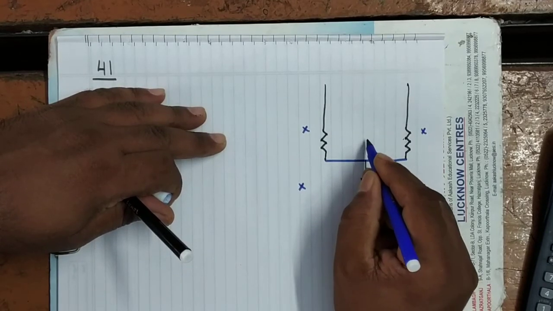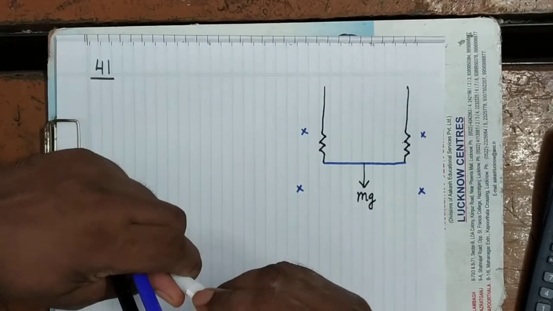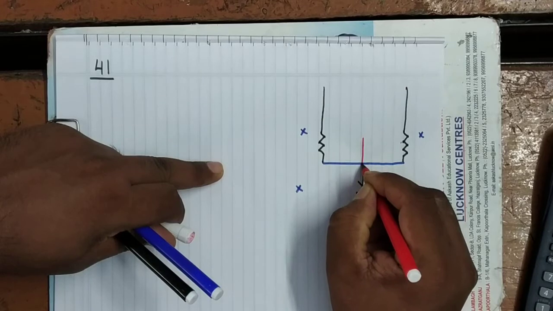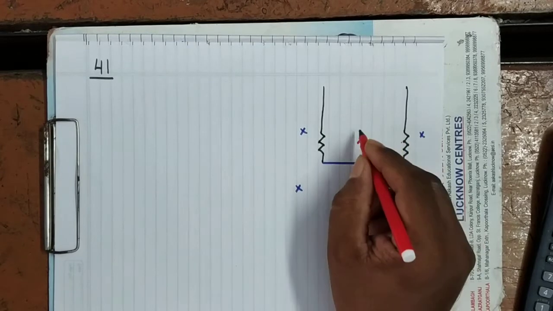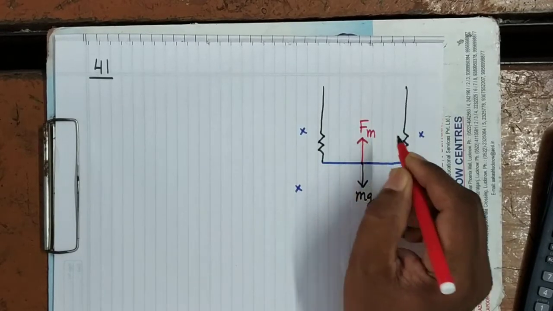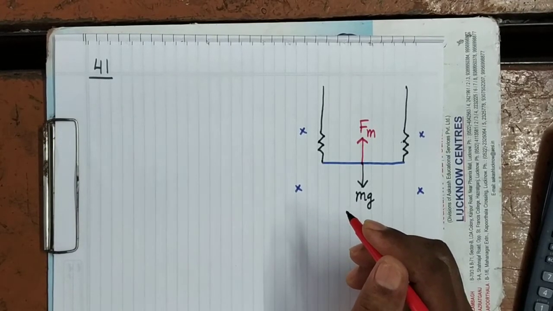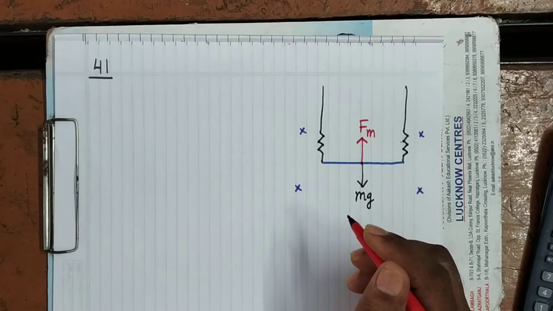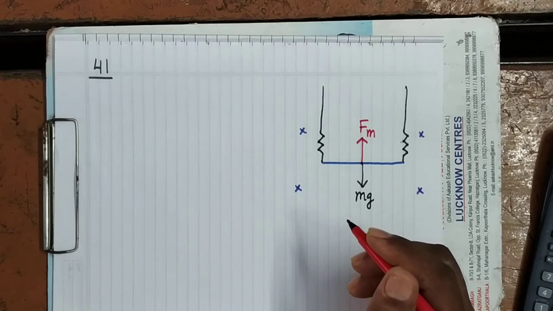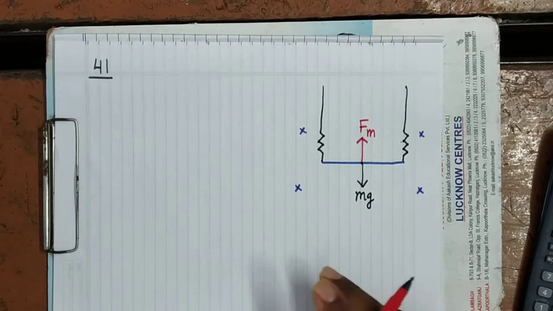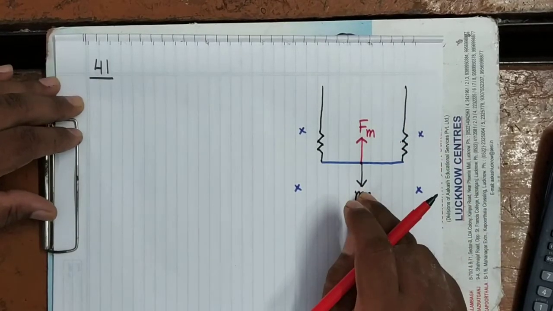It is clear. It will be something like this. I am showing you here. This will be the magnetic force. It is clear. Now you have to find the direction of current. So see here, how will you find the direction of current? It should be in such a way that the magnetic force acts in vertically upward direction so that it neutralizes the weight.